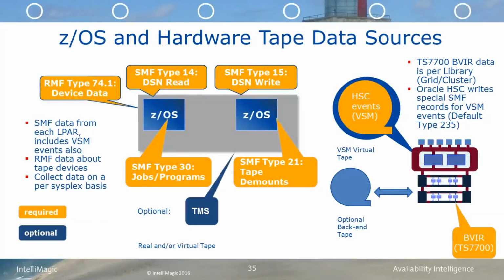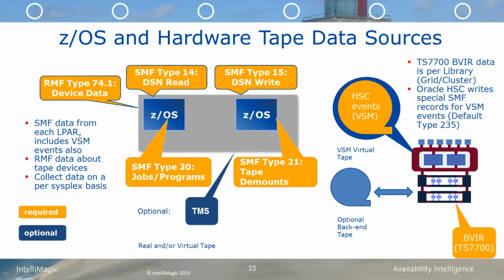I don't want to go into all the details specifically on this chart. Suffice it to say that we have 4 specific data sources that we're interested in. We look at the SMF data coming from the z/OS platform, all LPARs, in a sysplex environment, and we can report on multiple sysplexes. We look at the TMS, or tape management system, information that's available. We'll take extracts out of a variety of places and place that also in the database.